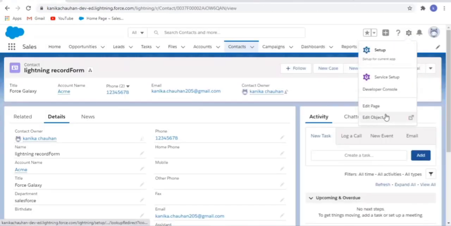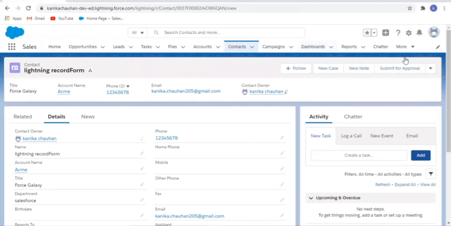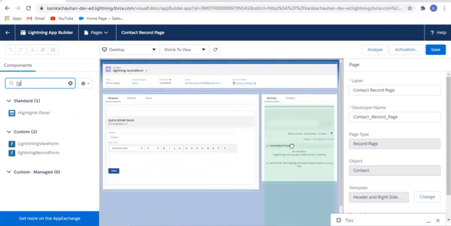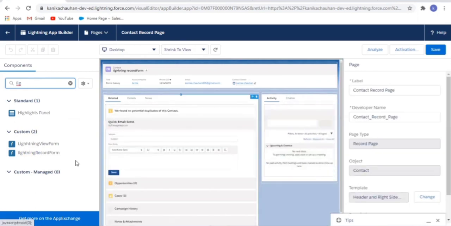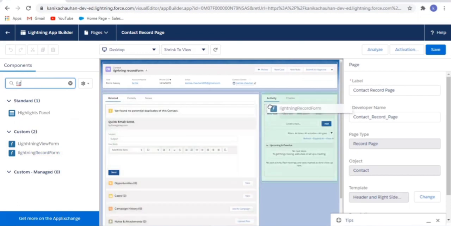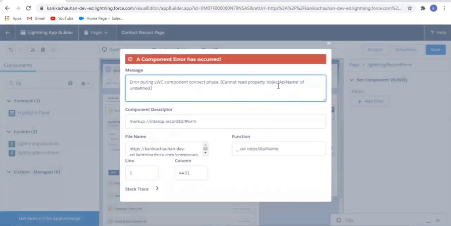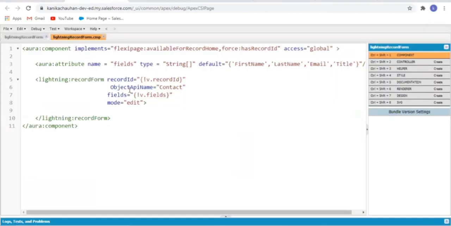Now going to the gear icon and adding my component on the contact record page. Okay, here it's showing us an error for object API name.